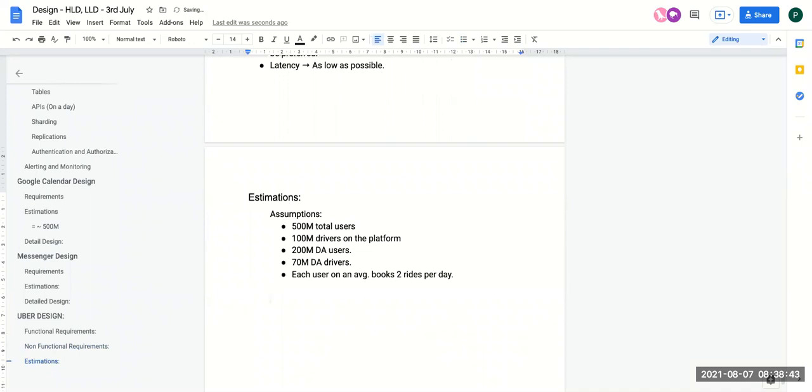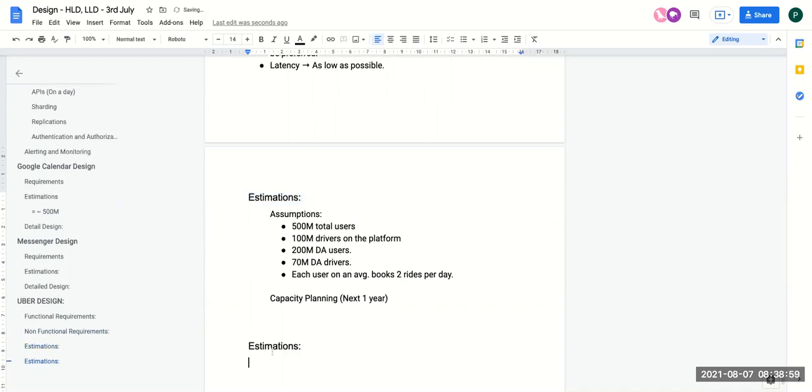Now I want all of you to work on capacity planning for the next 1 year. You need to figure out all the tables first to go to the estimations. So what are the different tables you want to do the capacity planning for?